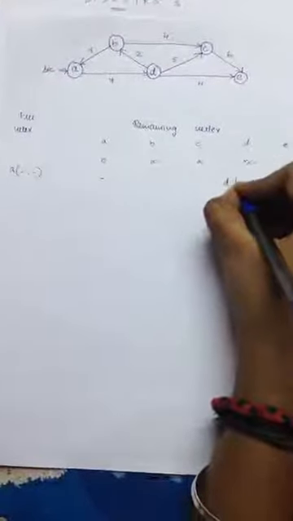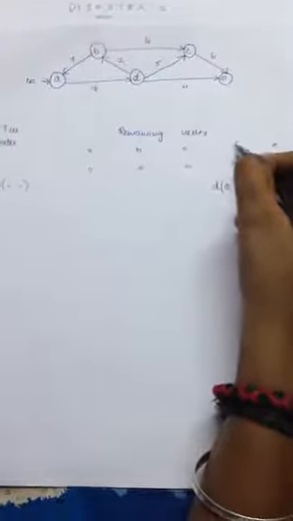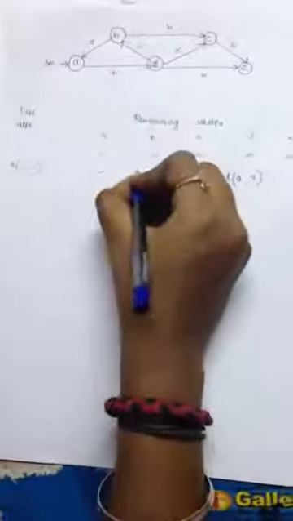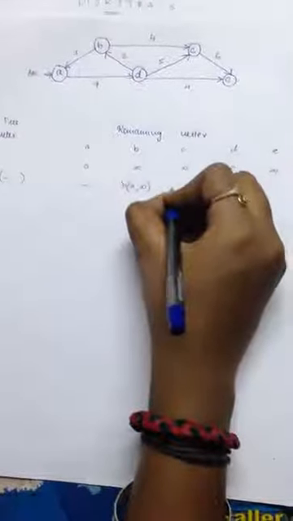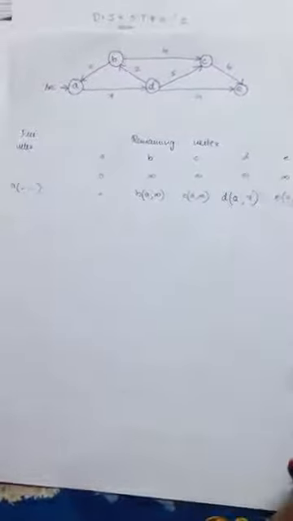So D can be accessed through A at a rate of 7. Usually the node name which is on top is given outside the bracket and the following column node is mentioned inside. For now fill up the remaining 3. So B can be accessed through A at a rate of infinity. C can be accessed through A at a rate of infinity. E can be accessed through A at a rate of infinity.